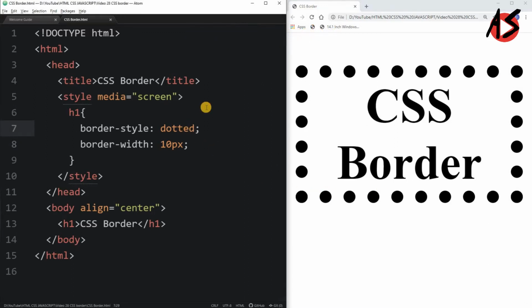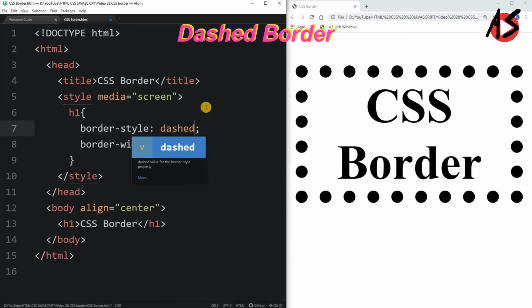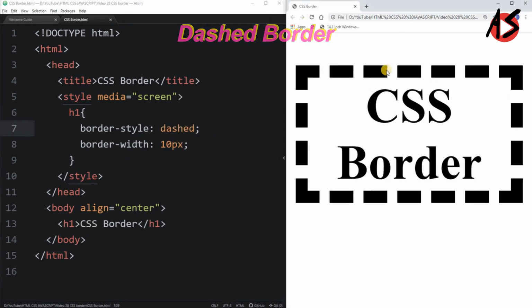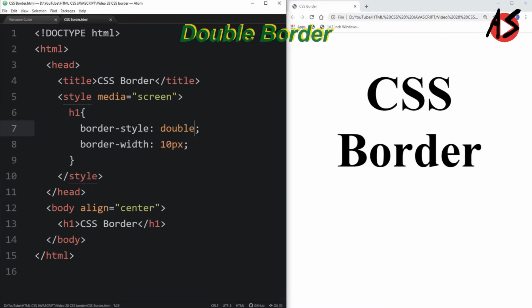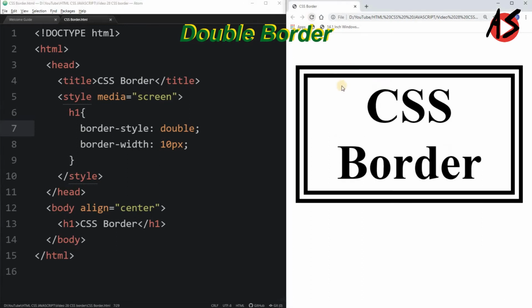Now you can make the dashed border. So when you refresh the page, you will get the dashed border here. You can write double here, and when you refresh the page, you get the double line border here.